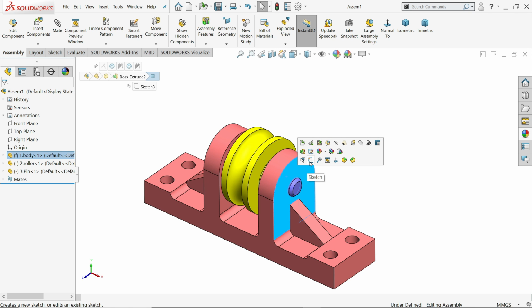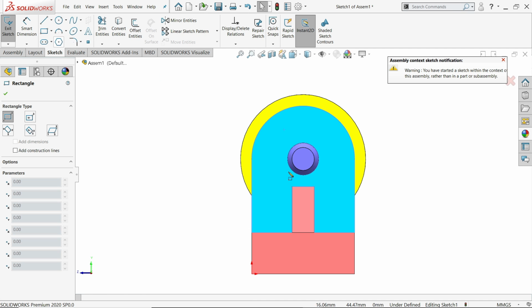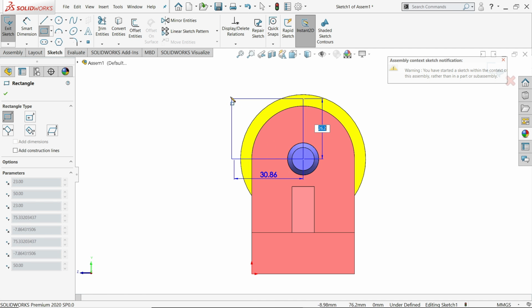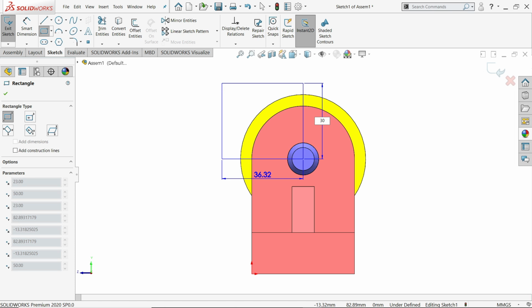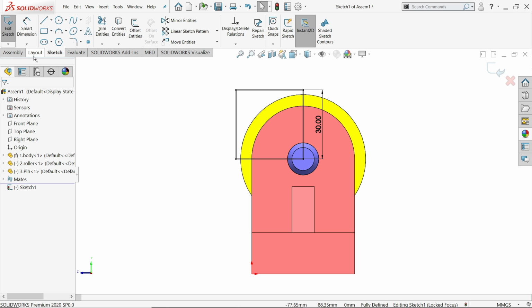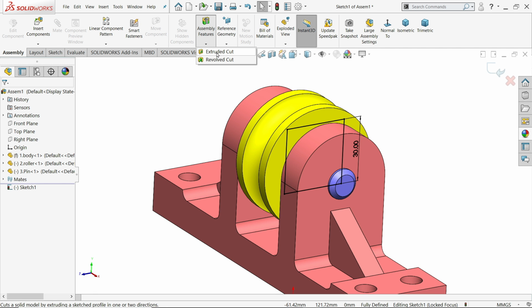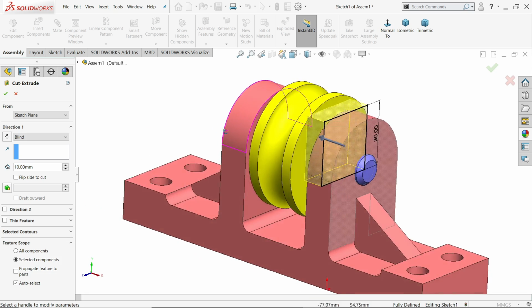Select this face, sketch. Now I am going to activate corner rectangle and center 30, tab 30, enter, escape key. Now here you will find one option, extruded cut.